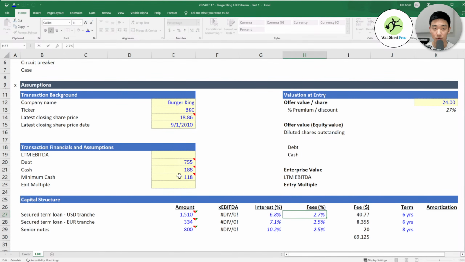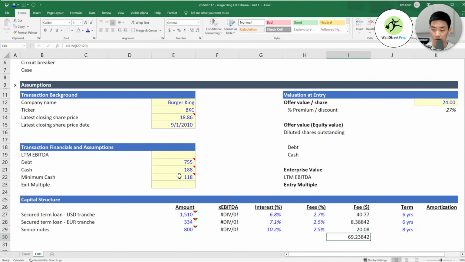Maybe I make this 2.71, 2.51, 2.51. Okay, so we're at 69.2. So now we have our fees, and then amortization of fees.